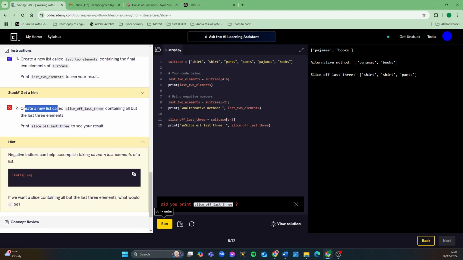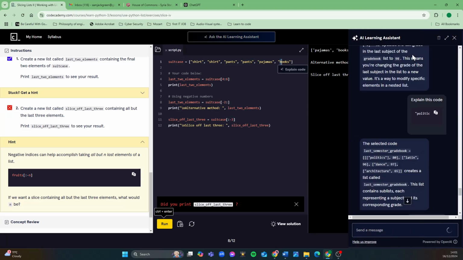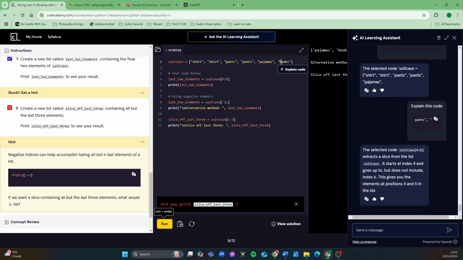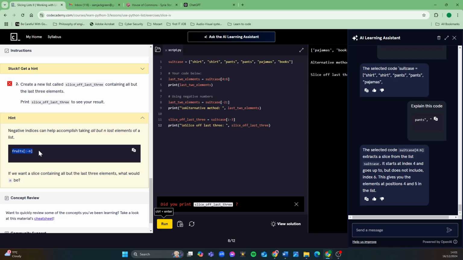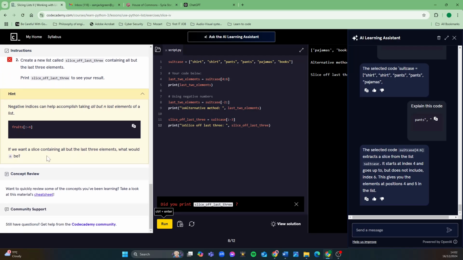Okay. Create a new list called slice of last 3. Yep. Containing all but the last 3 elements. Oh, yeah, all but the last 3, so no pants, pajamas or books. It said you can use negative indices, colon, negative number, well we are. If we want a slice containing all but the last 3 elements, what would n be? -3. I don't know why this is not